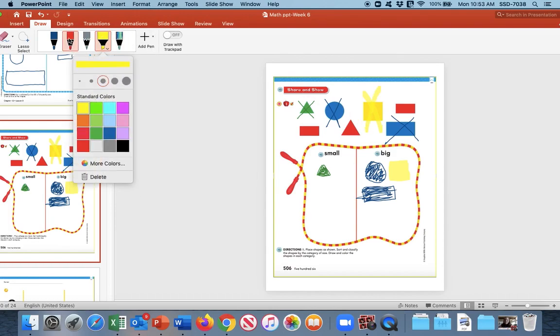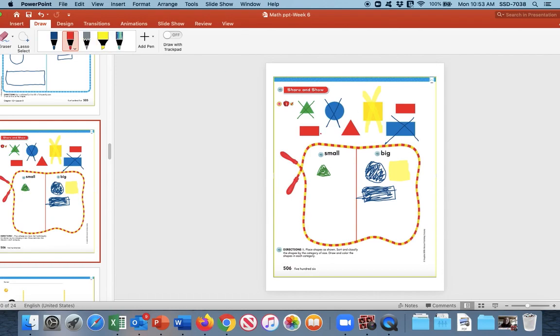Last, we're going to move on to our red and pick up your red crayon. We have 3 red shapes here. Now, just to remind you, we aren't focusing or sorting by color, and we're not sorting by shape. We're focusing on size, small and big. So we look at this rectangle. Is it smaller than this one? Yes, it is. And we see that this rectangle is also smaller than this one. So we're going to draw 2 small rectangles. And as long as you make them smaller than the blue one right next to us,